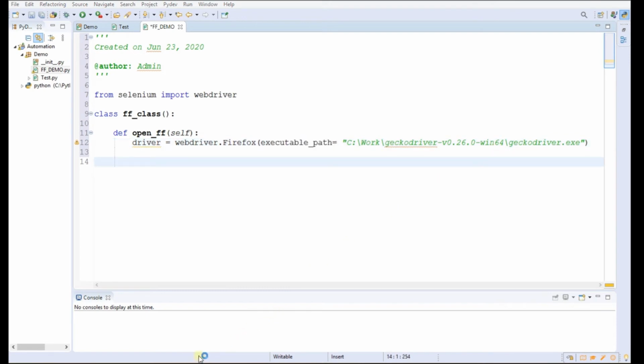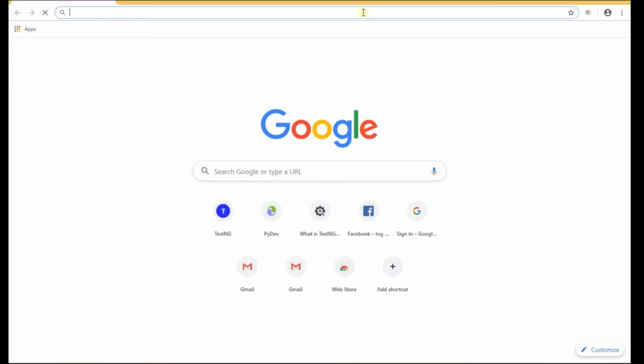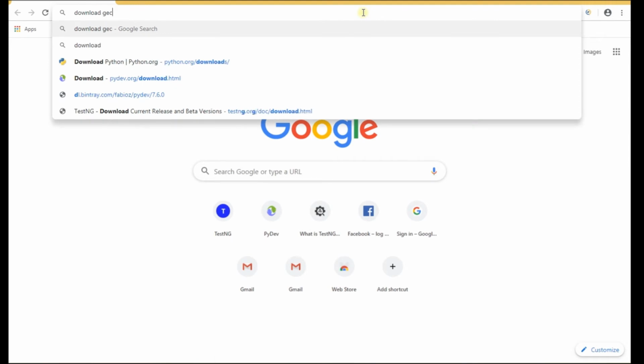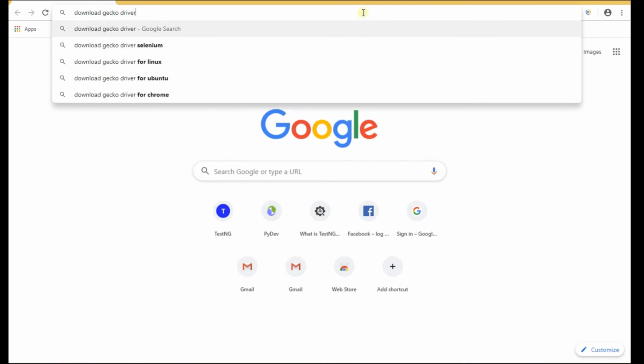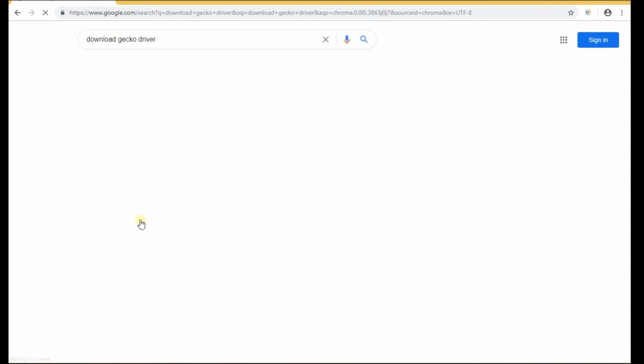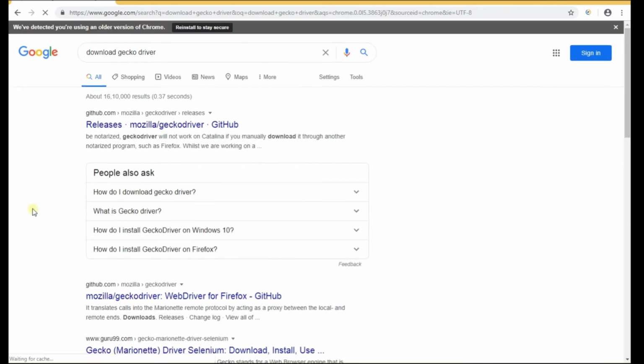To download the Gecko driver, we have to go to our browser, and in the browser we have to write download Gecko driver, and then we have to go to this link, github.com Mozilla geckodriver releases.